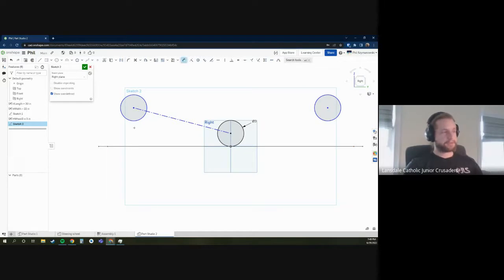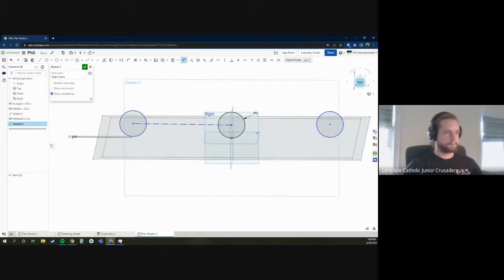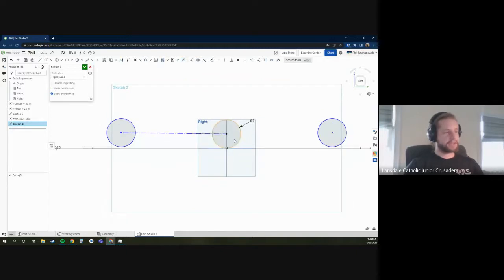So at a drop center wheelbase, you generally want the center wheel lower. So I clicked on the bottom of the wheel, and then the top plane. It's not going to let me choose the top plane. Top plane. And I'm going to dimension those, and I'm going to make it 1/8 of an inch. What that's doing is the center wheel is 1/8 of an inch lower to the ground than the 2 outer